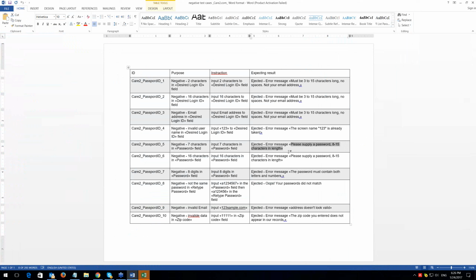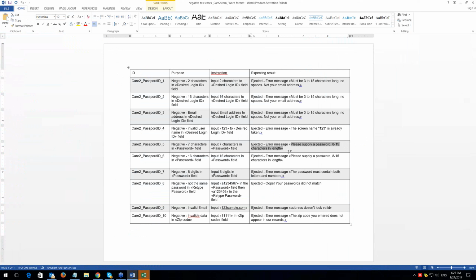What this technique gives us is that we don't have to verify 8, 9, 10, 11, etc. We assume that if one value within this class works, all other values inside of this class work as well.